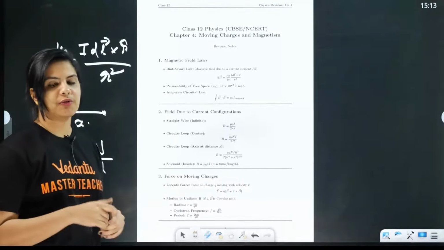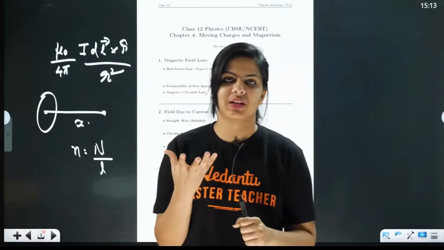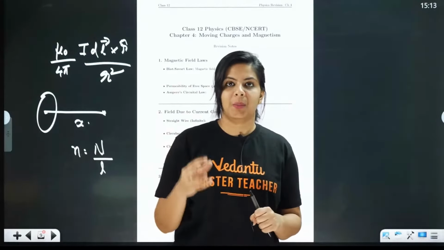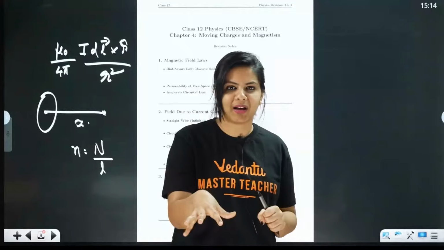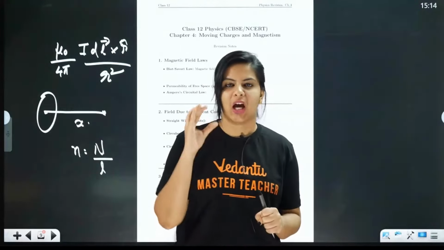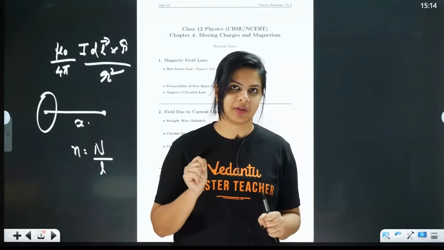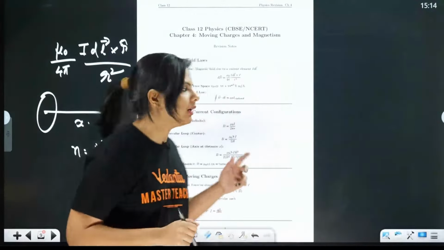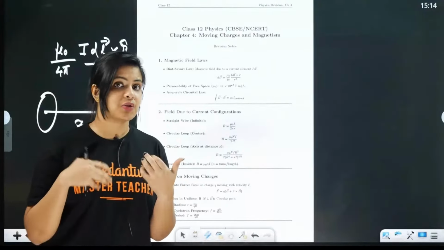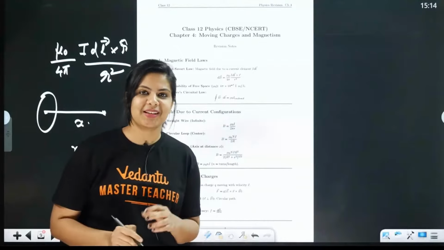Next, the force. First you should know the magnetic force. What is magnetic force? When a charge enters a magnetic field it will experience a force, and that is the magnetic force. Its value is q into v cross b, where v is velocity and b is magnetic field. So we got it: it is equal to q into v cross b. Then we should know what Lorentz force is. Okay, what is Lorentz force?